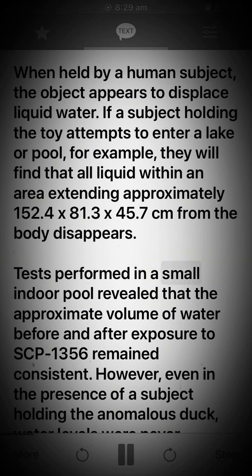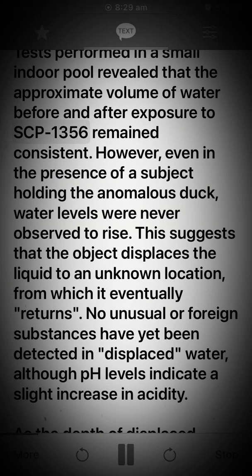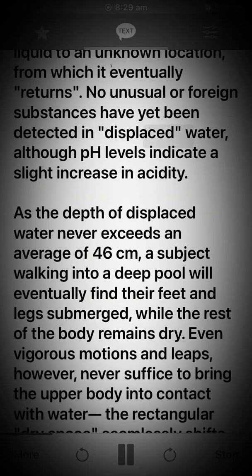Tests performed in a small indoor pool revealed that the approximate volume of water before and after exposure to SCP-1356 remained consistent. However, even in the presence of a subject holding the anomalous duck, water levels were never observed to rise. This suggests that the object displaces the liquid to an unknown location, from which it eventually returns. No unusual or foreign substances have yet been detected in displaced water, although pH levels indicate a slight increase in